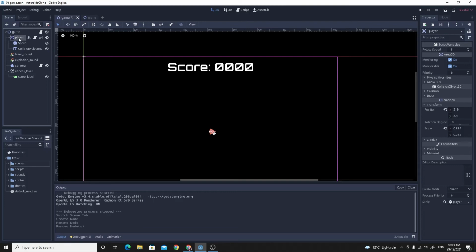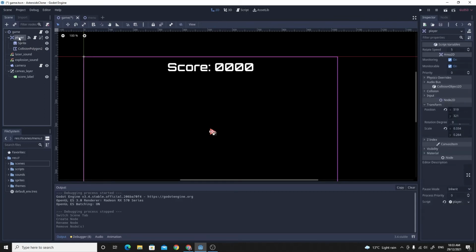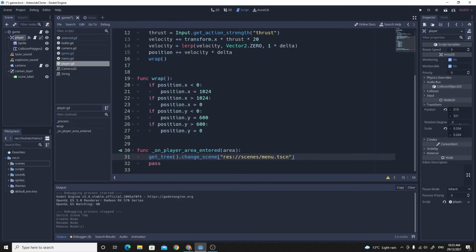That way we'll be able to destroy the player when they are killed, and we won't need to put the timer on the player. We could do it by putting a timer on the player and just hiding the sprite in the collision polygon, but I feel like it's better if we do it this way. So what I'm going to do on the player script is I'm going to open up that player script,